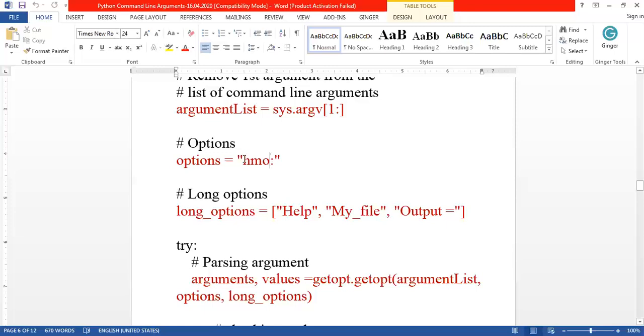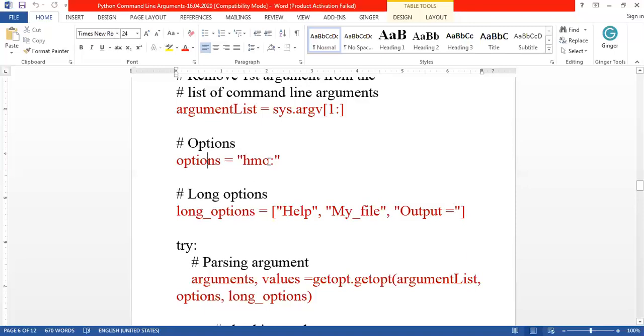But this H doesn't take any value. It is just a command. And this M also doesn't take any value. Any command which takes some value should be followed by a colon. In the same way, in long options, if any command takes some value, it is followed by equal to.